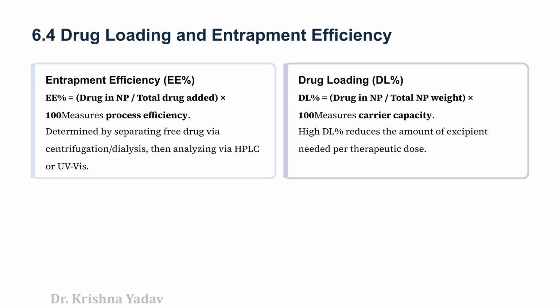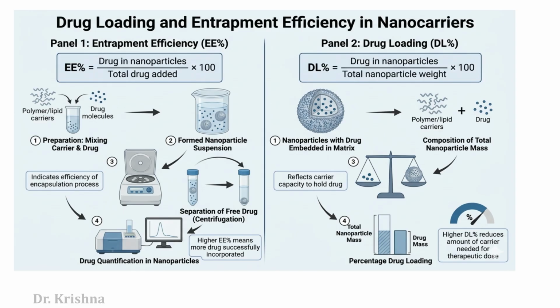Drug loading and entrapment efficiency are critical metrics. Entrapment efficiency measures process efficiency, while drug loading measures carrier capacity. High DL% is desirable as it reduces the required excipient amount. This diagram illustrates the calculation and process for both entrapment efficiency and drug loading. EE% is the drug in nanoparticles versus total drug added, and DL% is the drug in nanoparticles versus the total